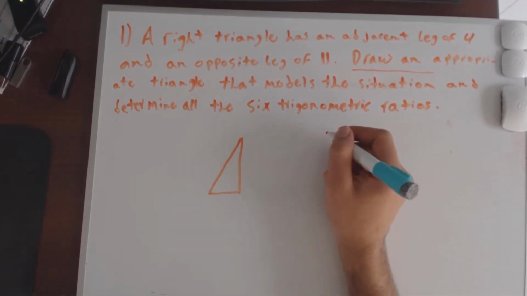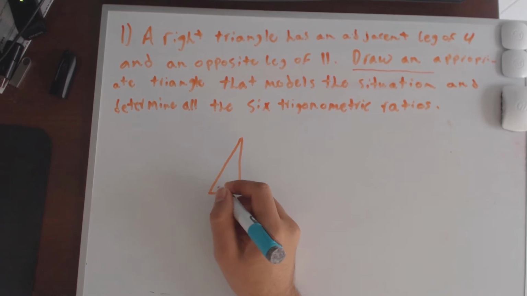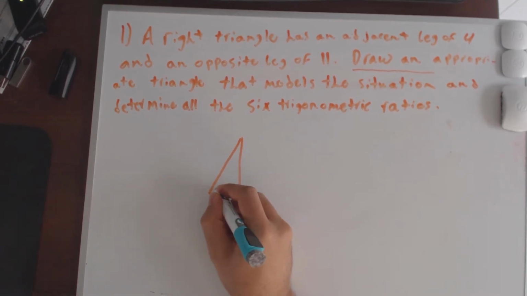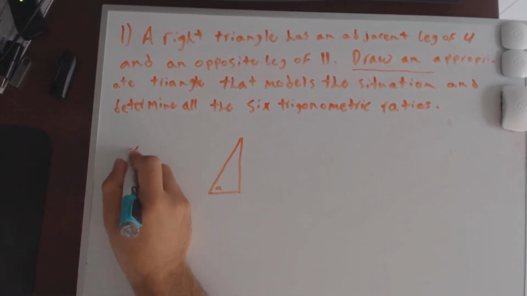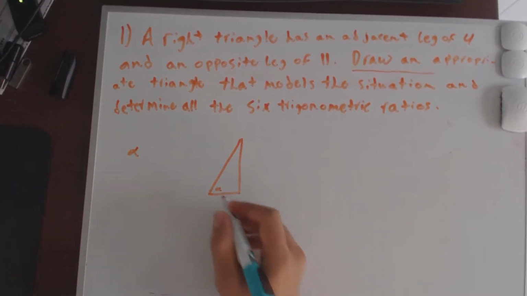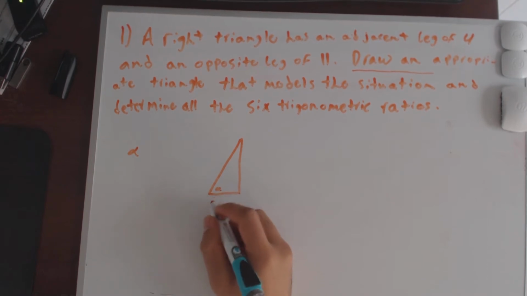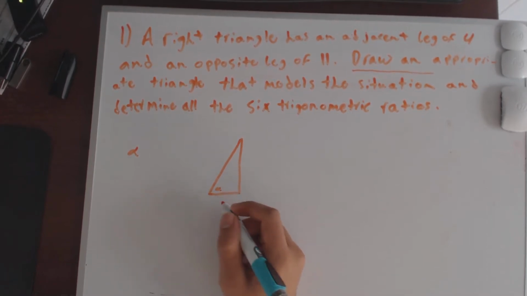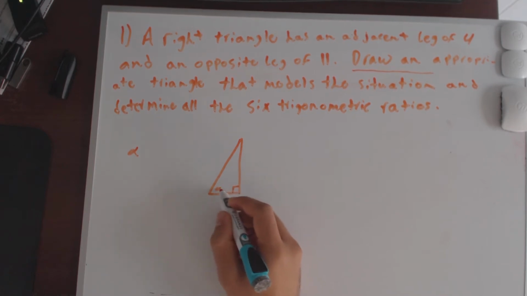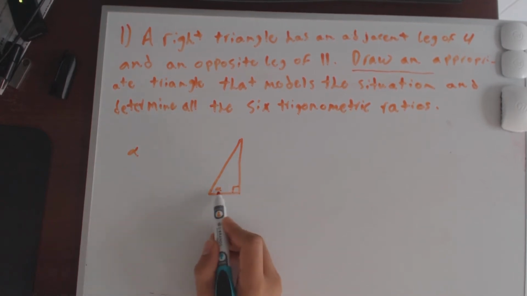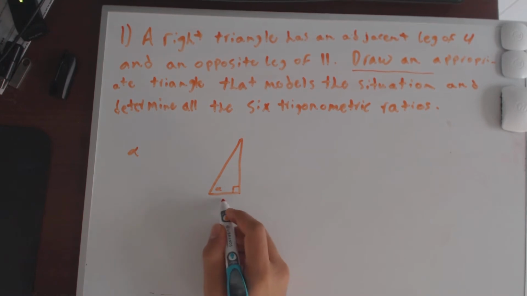I will use alpha. So this is the angle name, and as we know, here's the angle, this will be adjacent,